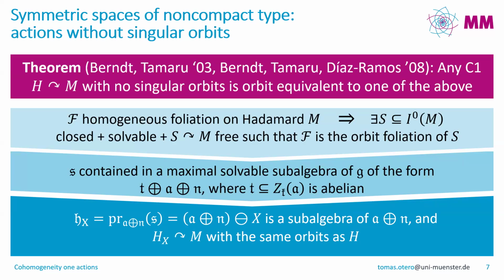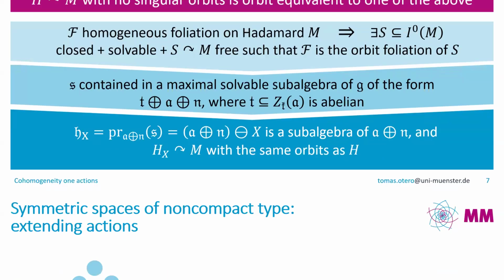Okay, so far so good, but this procedure of taking subgroups of AN only gives us actions without singular orbits. So how can we construct actions with singular orbits, or how can we study them? And here there's a very nice procedure which was